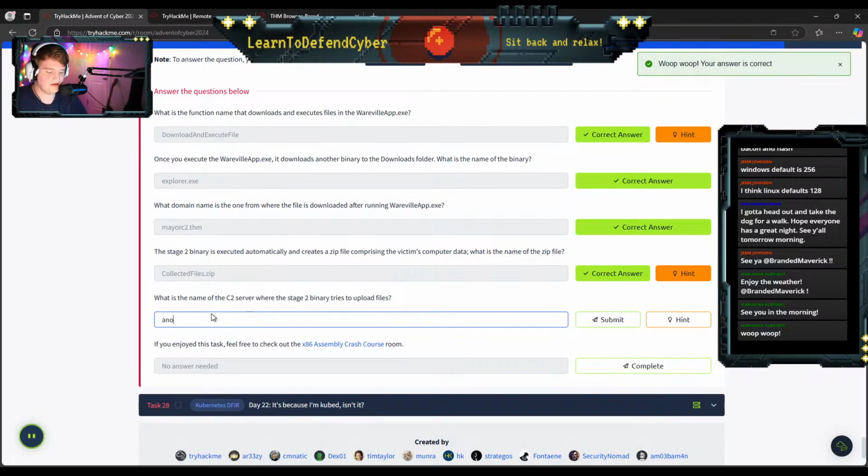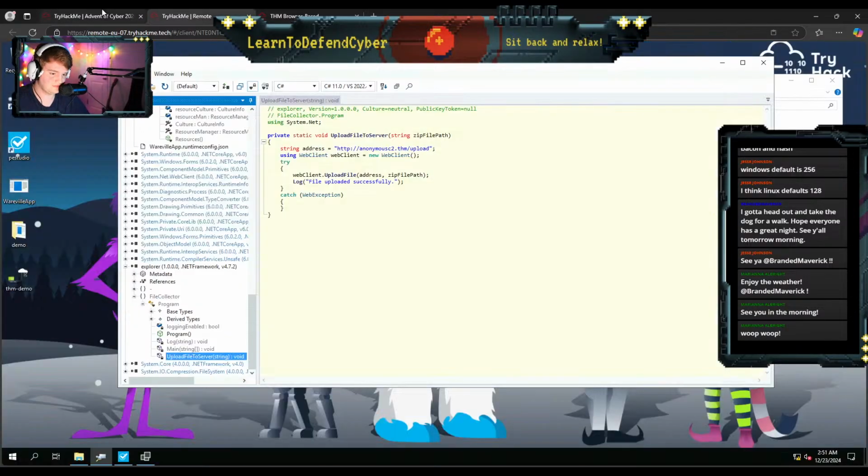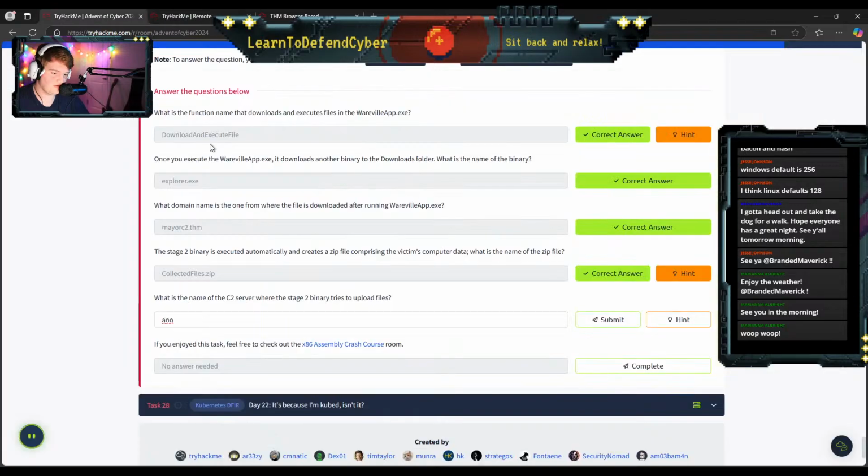So a little bit of smoke and mirrors right there. If we just found that Mayor C2 and had that as a detection, we'd see it doing that, but we wouldn't have seen this anonymous one. Anonymous C2.thm.